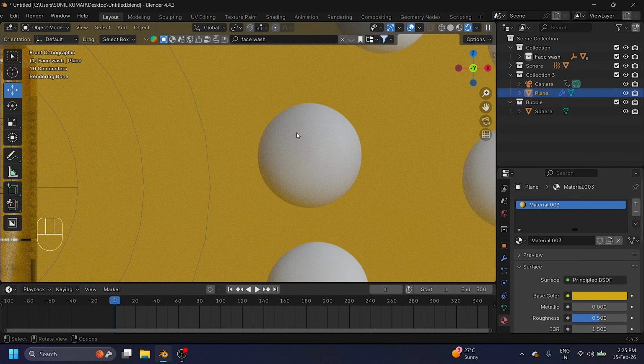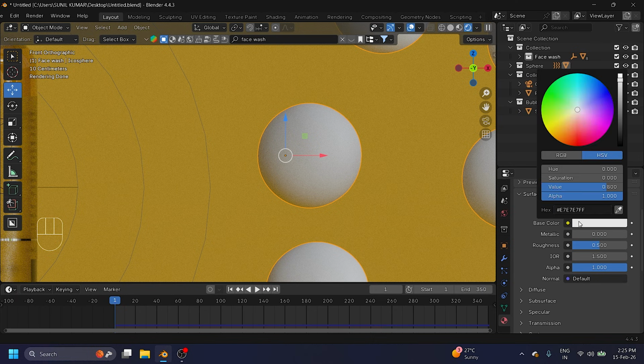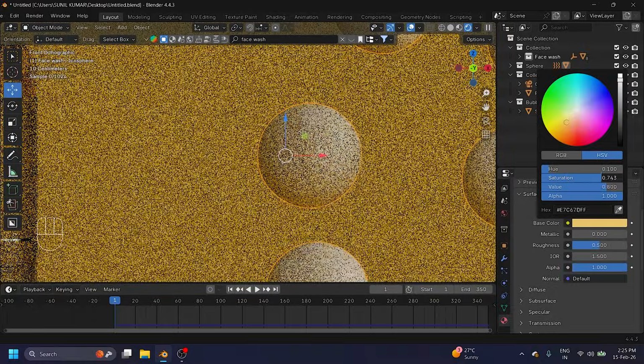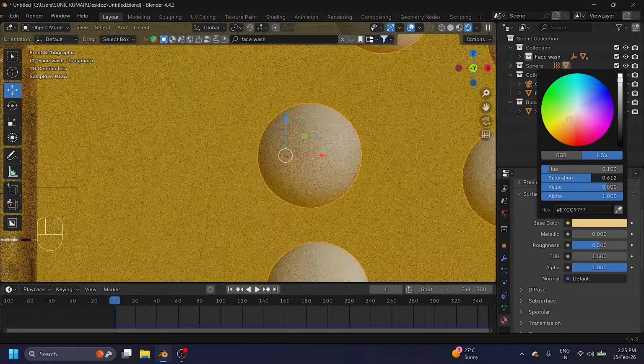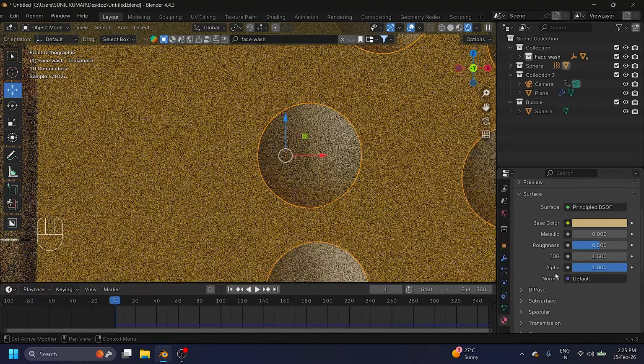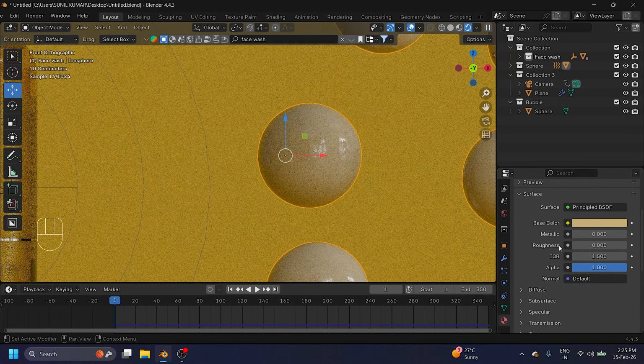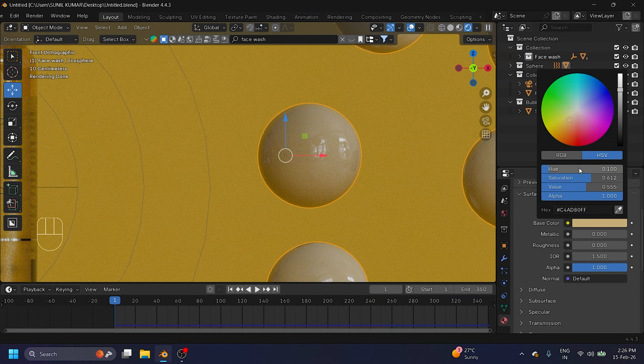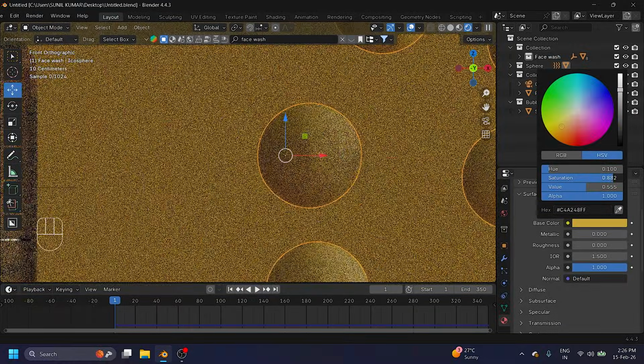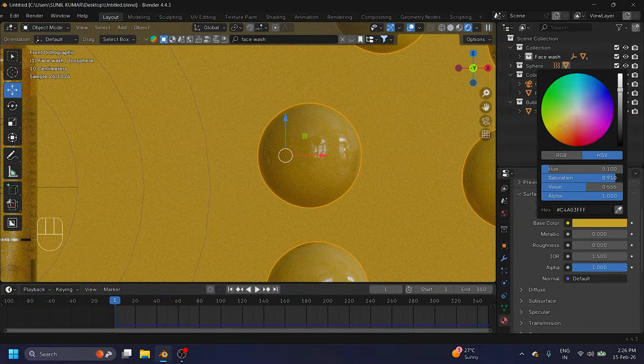So select this pair and color white. I take a little bit of white 0.1 and a little bit change color like this. Yes. And guys, roughness 0 and base color, hue 0.01, and saturation increase a little bit like this, more.